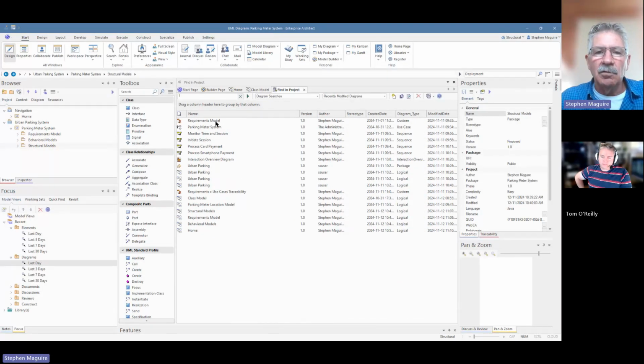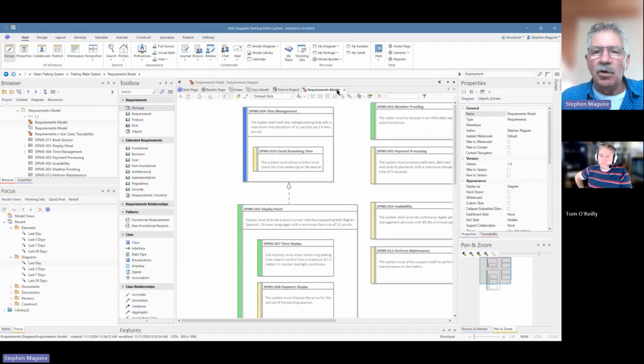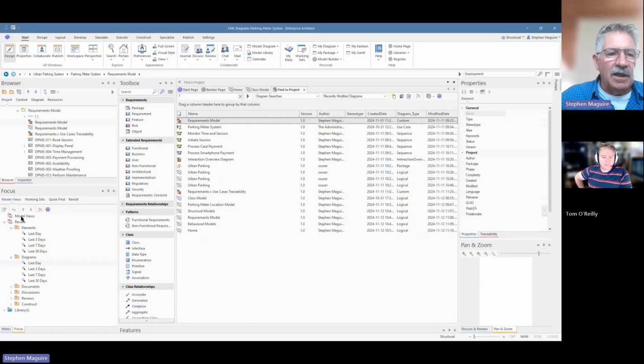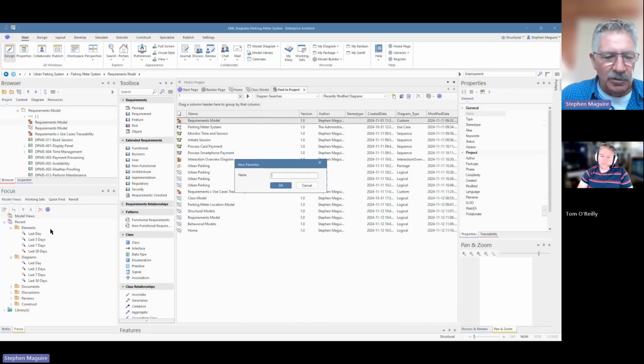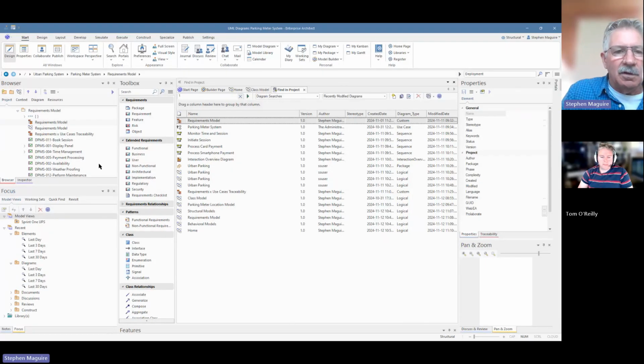And of course I can drill down into those as well. But one of the useful things here, and we'll touch on this briefly, is this model views window. I'm going to put in a new favorites folder, and I'm going to call it Sprint 1 for this project, the urban parking meter system, Sprint 1. And let's go OK to that, and let's do some cherry picking from our